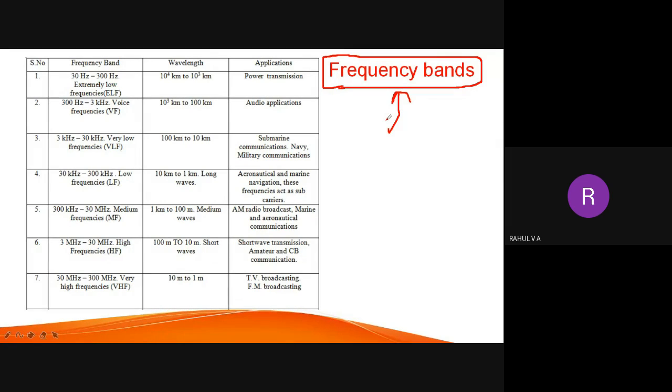For example, police are using a walkie talkie that is working with a certain frequency, and there are people who are using an FM receiver, that is the radio in our home. So a person who tunes this radio should not get the frequency of that walkie talkie. Because of this issue, the government has allocated different frequency ranges for different applications.